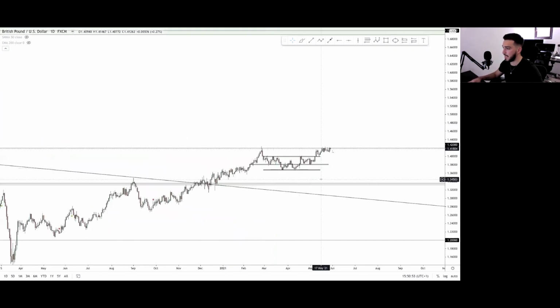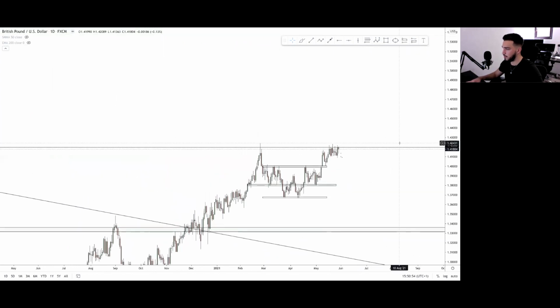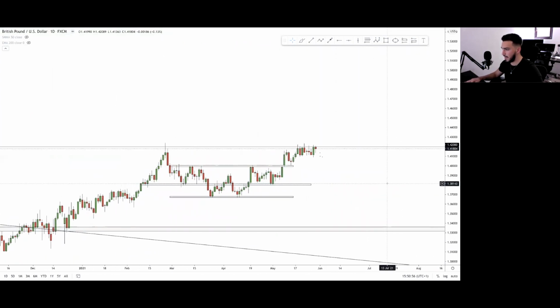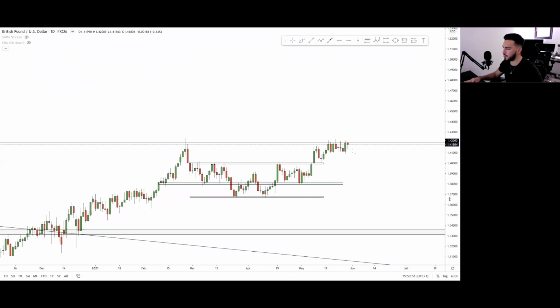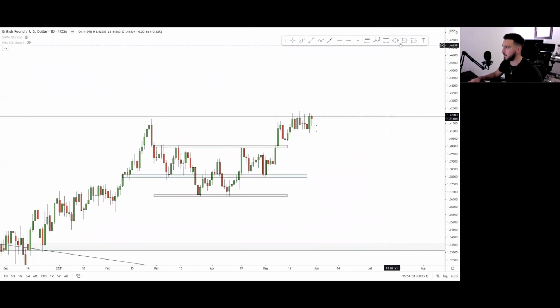Let's drop it down to the daily time frame now, zoom in a little bit more. We can see that there was a little bit of bearish market structure going on where we were downtrending. If I just get the pencil out. So ever since we reached resistance, we have already touched 1.42. And as predicted from previous videos, we were predicting for price to come back up and touch this level again for a second time. So yeah, as I was saying, we were downtrending, we were forming lower lows and lower